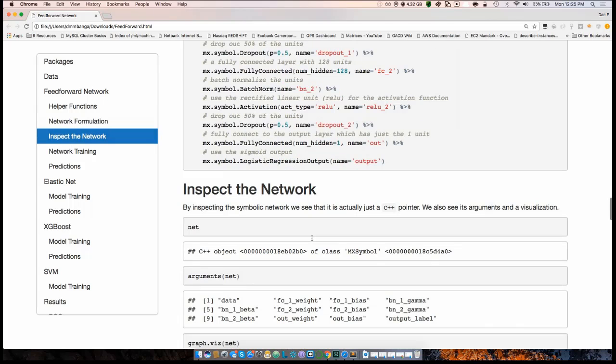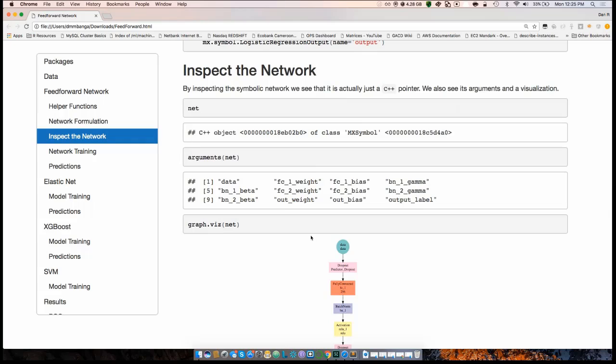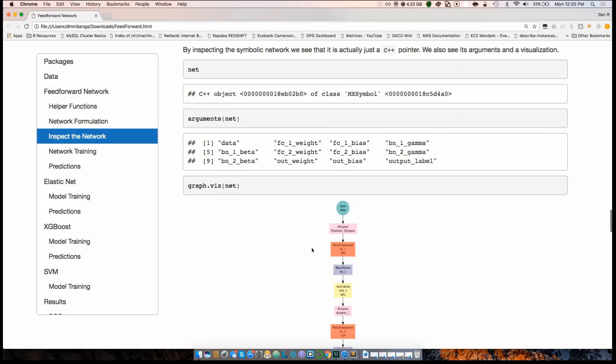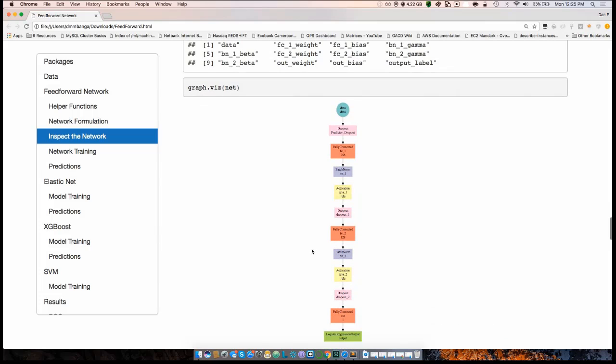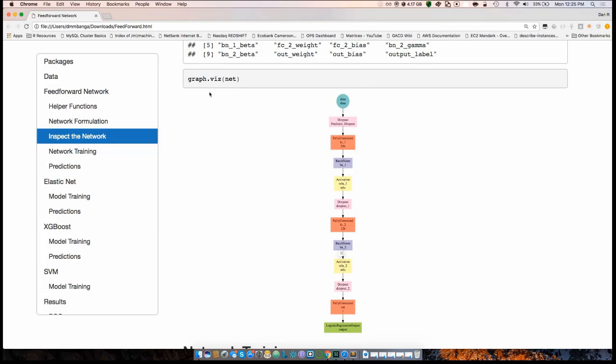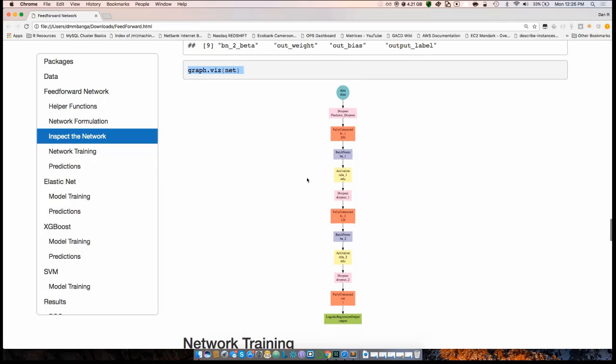Okay, so we're doing logistic regressions with a deep learning library. What's the benefit or the drawback from doing that? So the benefits could be you could fit more, I guess, nonlinear relationships. Of course, logistic regression is a form of generalized linear models. There's that word linear in there. By doing deep learning, you're able to capture these other relationships. Now, of course, one drawback is doing statistical inference. Oftentimes you don't know what's happening. Okay, so now we look at the network weights and then we visualize the network. And this is a nice function, graph.viz, that comes from MXNet, which lets you see each layer of the network you have built as a symbol.